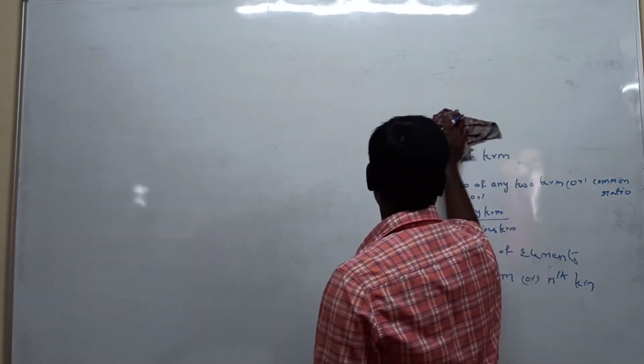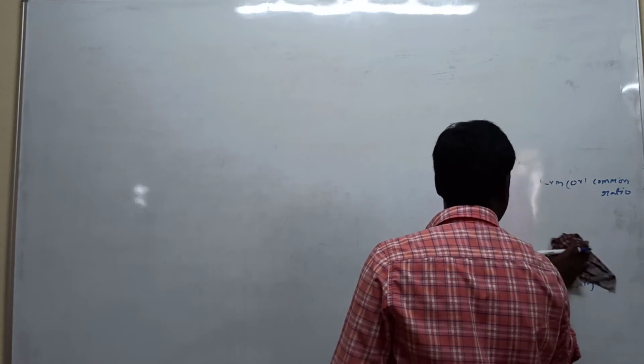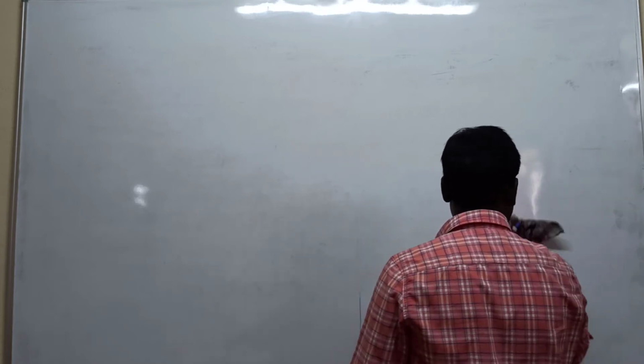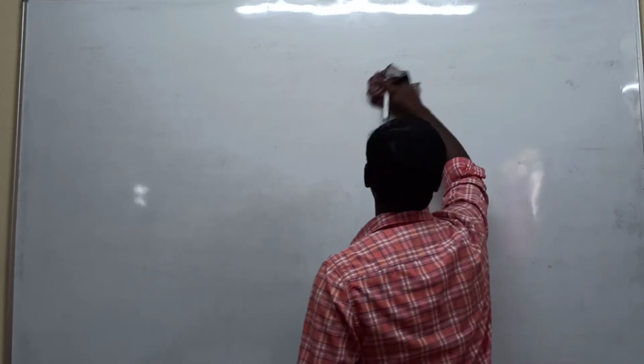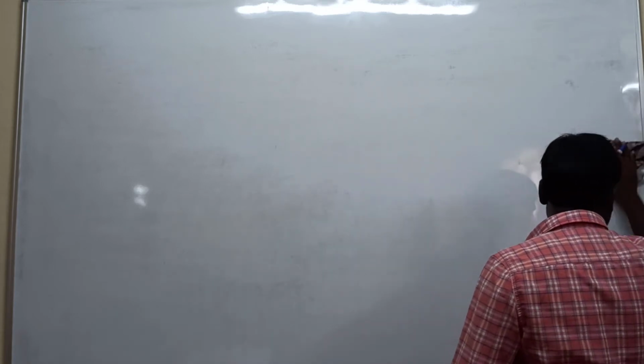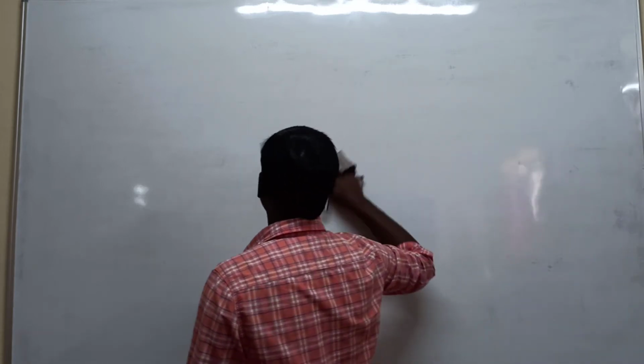Very easy. Don't be confused. Arithmetic progression is different, geometric progression is different. So how do we decide whether a sequence is a geometric progression or an arithmetic progression? First, the arithmetic progression definition: the difference between any two terms is the same. Suppose we take the differences and all are the same, that is called arithmetic progression. If the differences are not the same, it is not an arithmetic progression. Next, in a geometric progression the ratio of any two terms is the same. If the ratio is not the same, it is not a geometric progression.